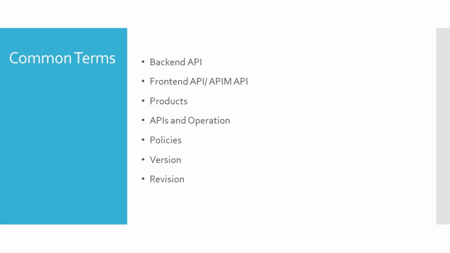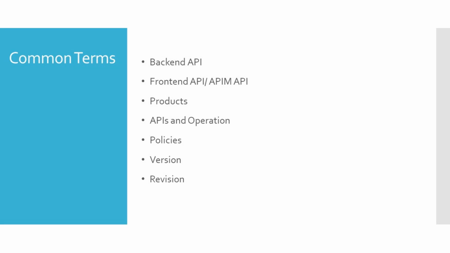APIM product. An APIM product mainly contains one or more APIs along with usage quota and rate limit. APIM operations. Each APIM API represents a set of operations available to developers. Each APIM API contains a reference to the backend service that implements the API, and its operations map to the operations implemented by the backend service.